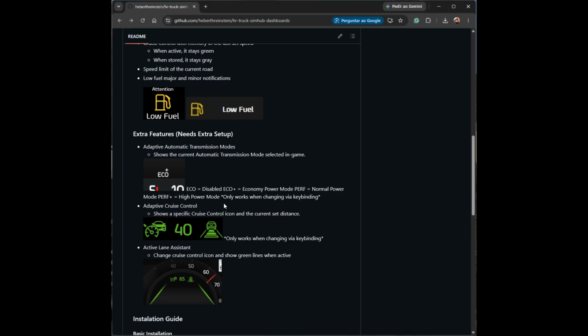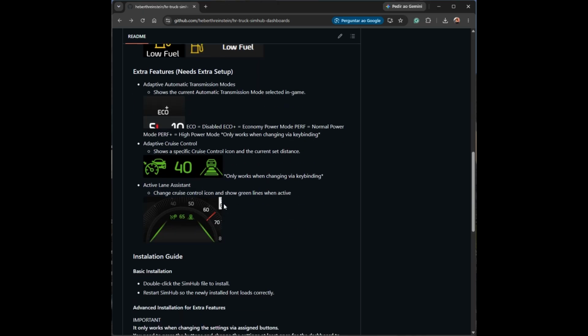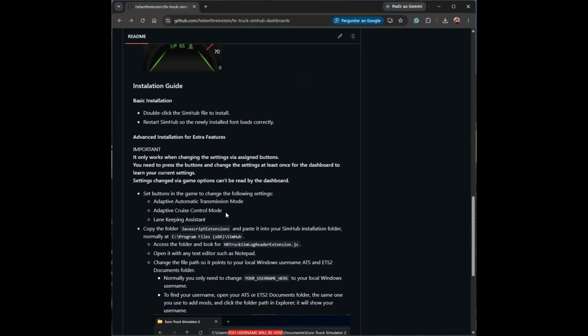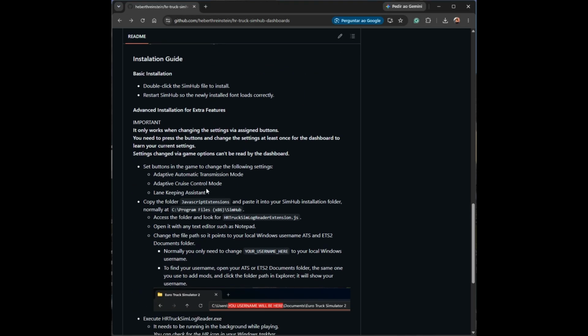So one thing you have to do is go into your game. I'm not going to show this, but it's very simple. You go into your settings, keys and buttons, and then you configure these three, and configure any button for each. If you already use this, you probably have a button assigned already, which is the button to change the transmission mode. It changes from normal to power and economy,